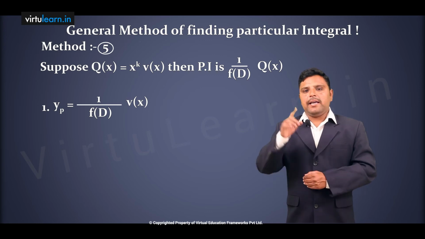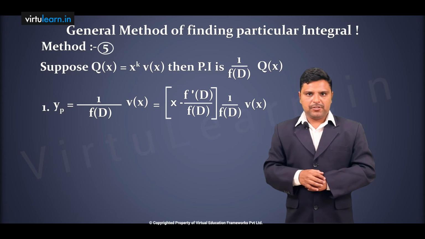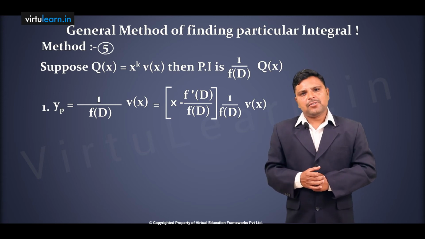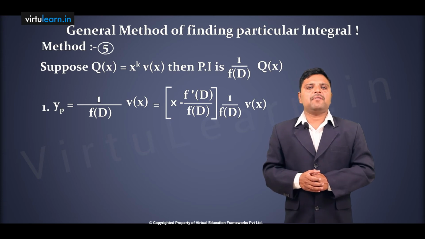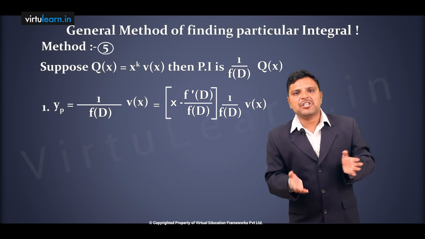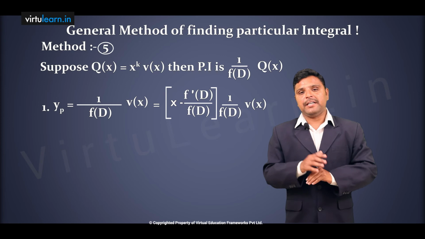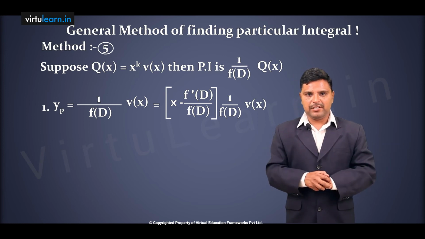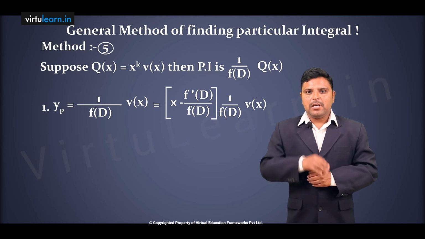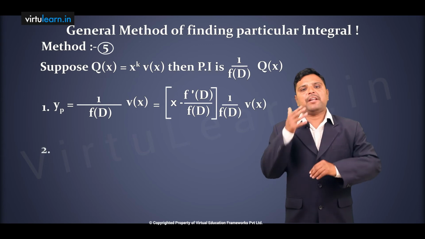We have a direct formula: x minus f dash of d by f of d into v of x. Once again, the formula is 1 by f of d into x into v of x equals x minus f dash of d by f of d into v of x. You can solve this particular integral by the general previous methods. Previous methods, we have four integrating particular integrals. By using those methods we can solve it very easily. If k equal to 1, we are using this formula. Suppose k is more than 1, means x power k directly,